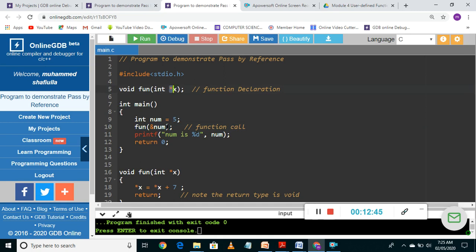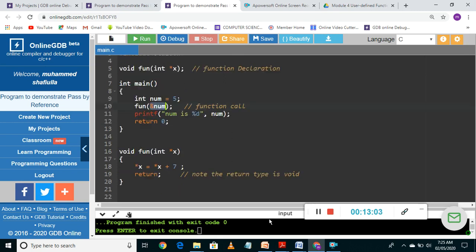When I use the word corresponding, even if I have 3 variables and I am passing the address of only one variable, that particular corresponding formal parameter should have the star. Not all 3 should have the indirection operator. So what the address operator says is, use this value as an address. What the indirection operator says is, get me the value stored at an address.